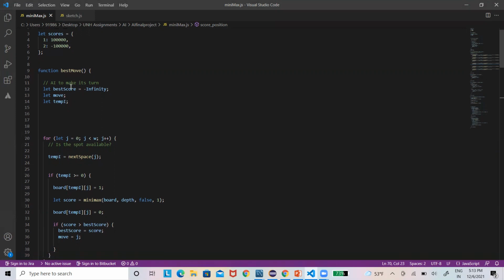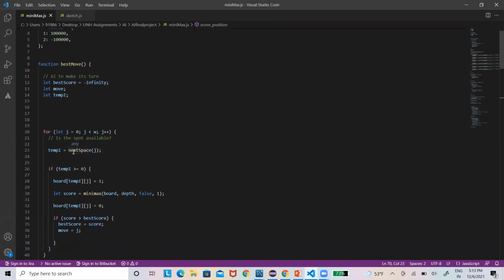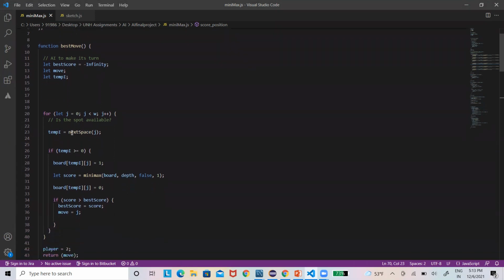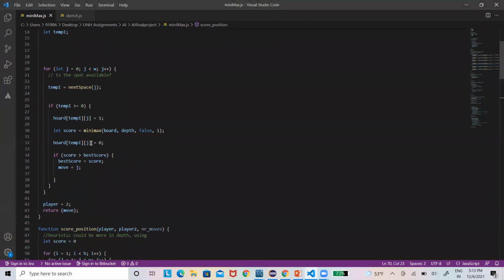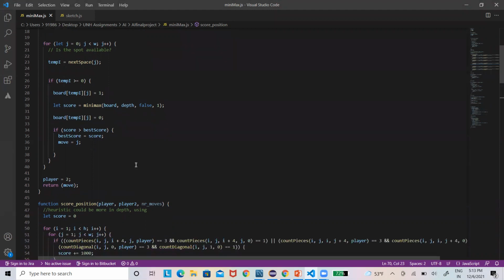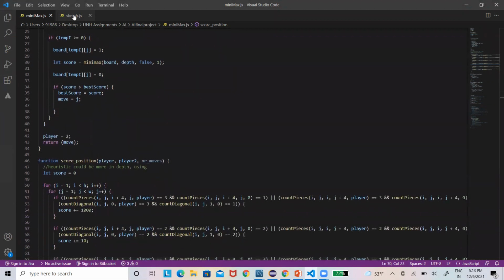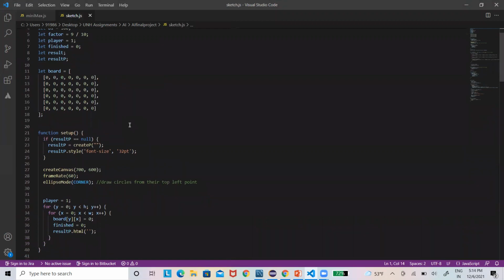Here is the best move, which is used to calculate the move of the AI and the human. This is a min-max method which is used to calculate with depth and board. We'll go to the min-max method.